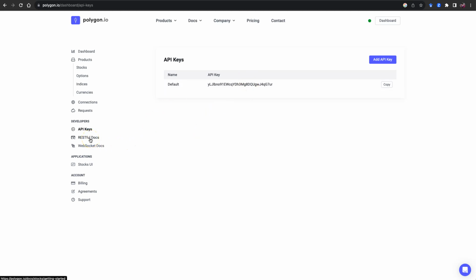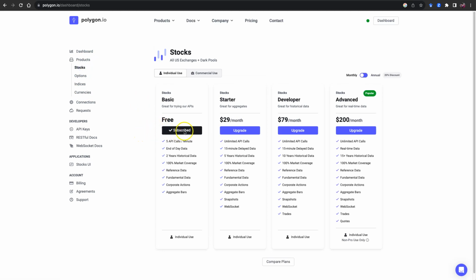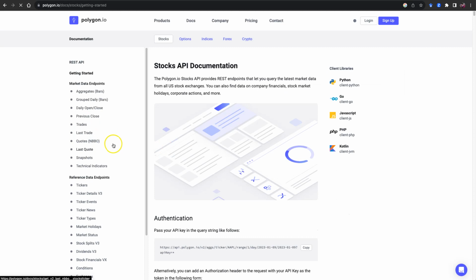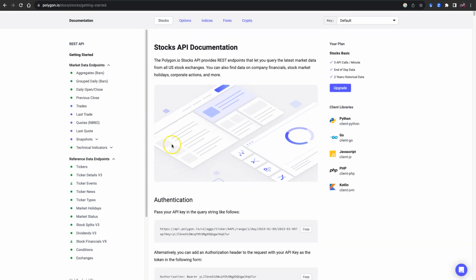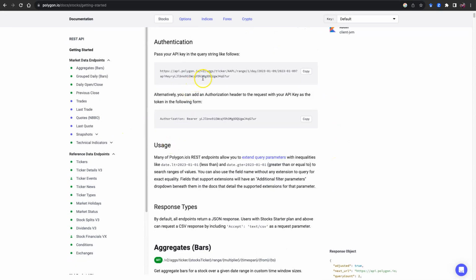Let's take a look at some of the documentation, and I'm just going to copy that in memory. All right, so stocks, options, indices, we're going to keep it simple. And looks like we have on the basic tier here the ability to make 5 API calls a minute. That should be plenty to learn how to do this. Let's take a look at their RESTful web service documentation. Here's our